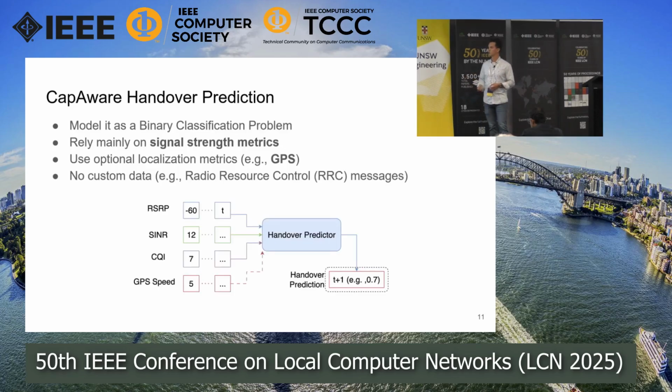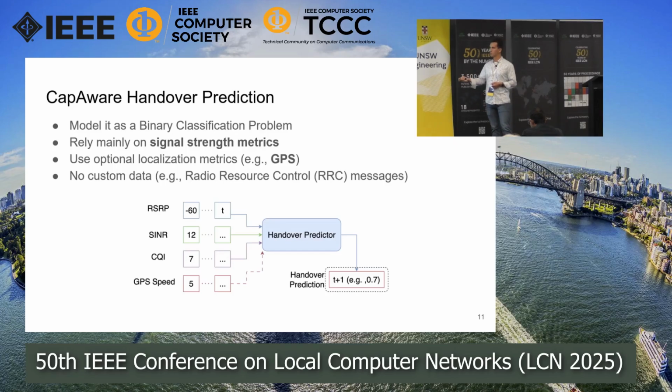Just to briefly show what we are doing, we have the core features coming into our model. But we can also train our model with the GPS if possible. So this changes based on the availability of the data. Maybe if you're on a phone, you want to save some power. You don't want to turn on the GPS all the time. This could be energy saving.